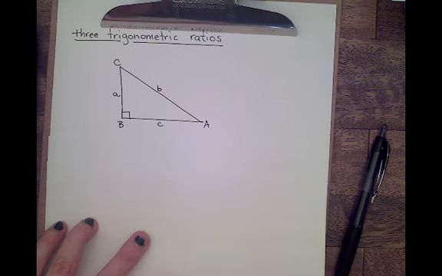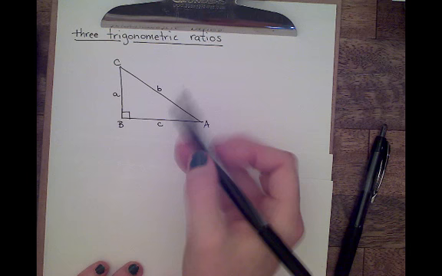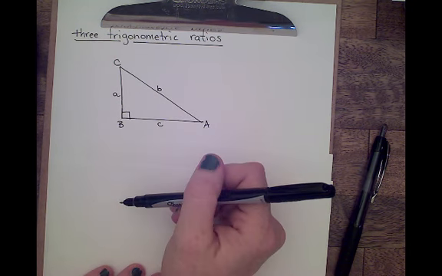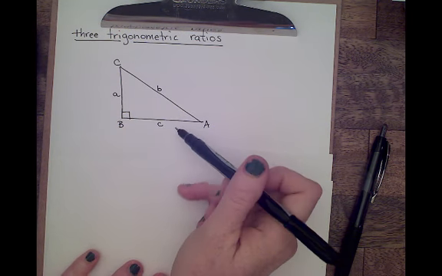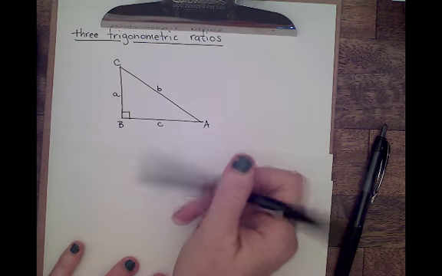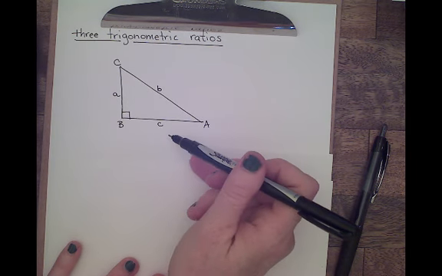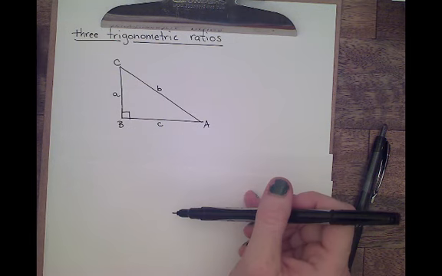All right, now let's take a look at some vocabulary and define these different ratios. So here what I have is a triangle. The capital letters are referring to the vertices, and they're a shorthand way of describing the three angles. The lowercase letters are referring to the length of the three sides, and usually that's what we use, lowercase letters